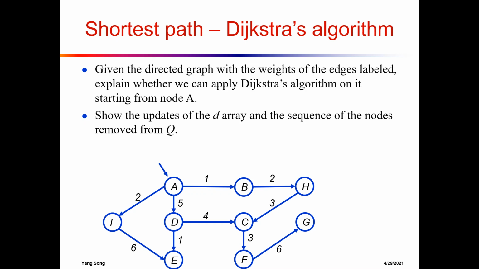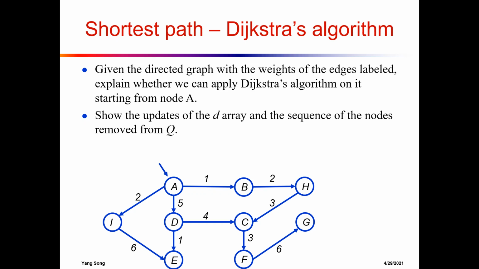For this video, I'm trying to use the same graph to review Dijkstra's algorithm. So the sample question is this: given the directed graph with the weights of the edges labeled, explain whether we can apply Dijkstra's algorithm on it, starting from the node there. Okay, so that's the first question. And then if it's doable, show the updates of the D array and then the sequence of the nodes